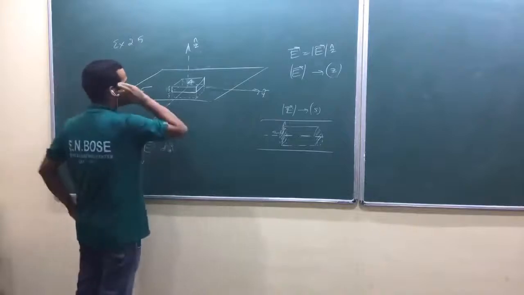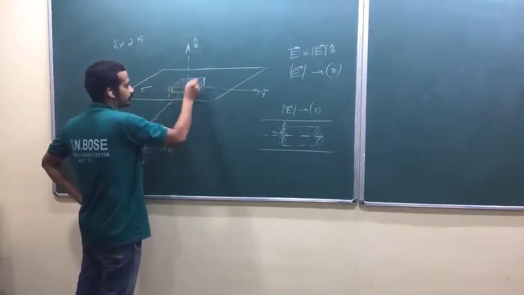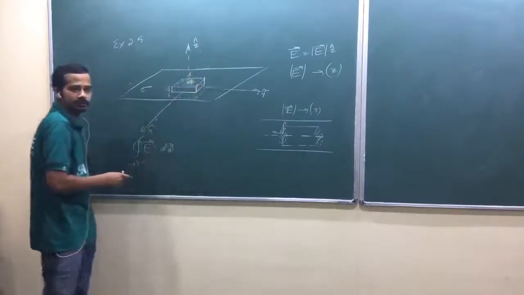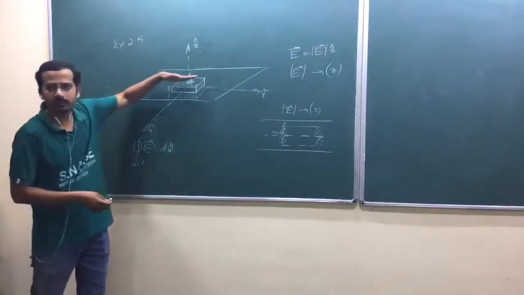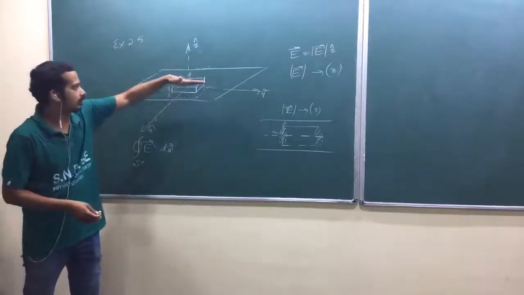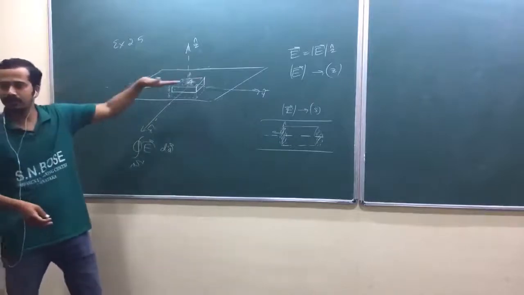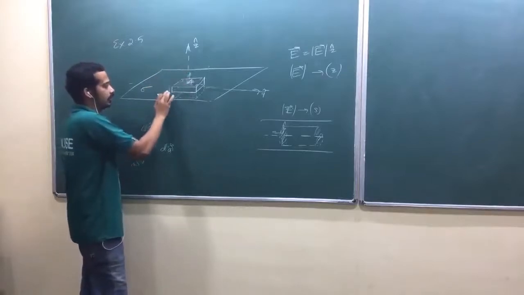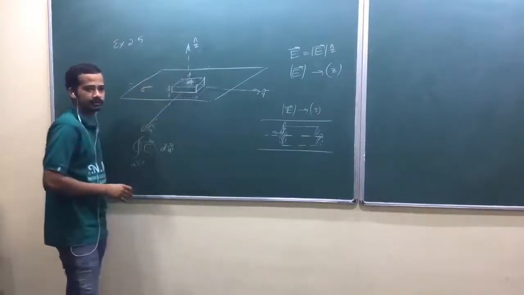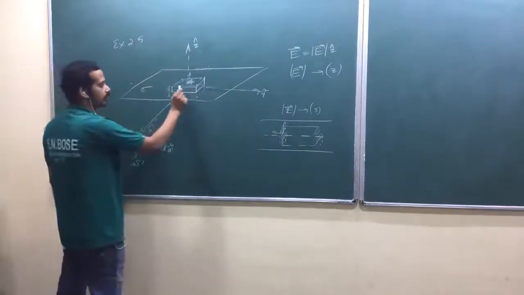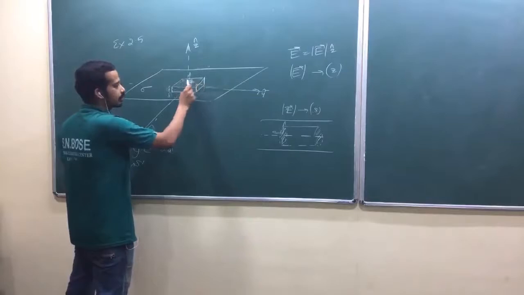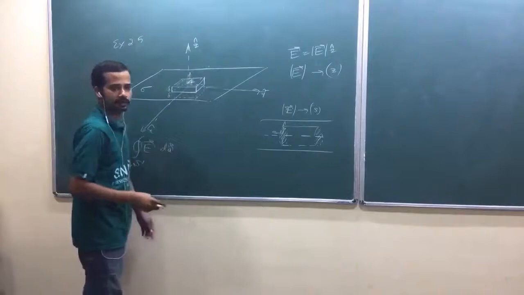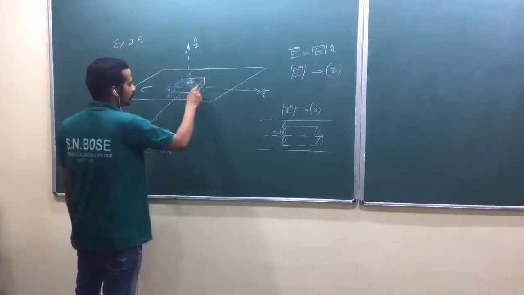Is that okay? So now look at here. Over the upper surface, your electric field and area vectors are in the same direction, isn't it? And that surface is parallel to XY plane, and it is a surface with constant Z. Z is not changing when you move over that surface, isn't it? It is at a distance delta along the Z axis. So then what would happen? Electric field magnitude is constant throughout this surface, and your area vector and electric field are in the same direction. So now, again, what about these surfaces?